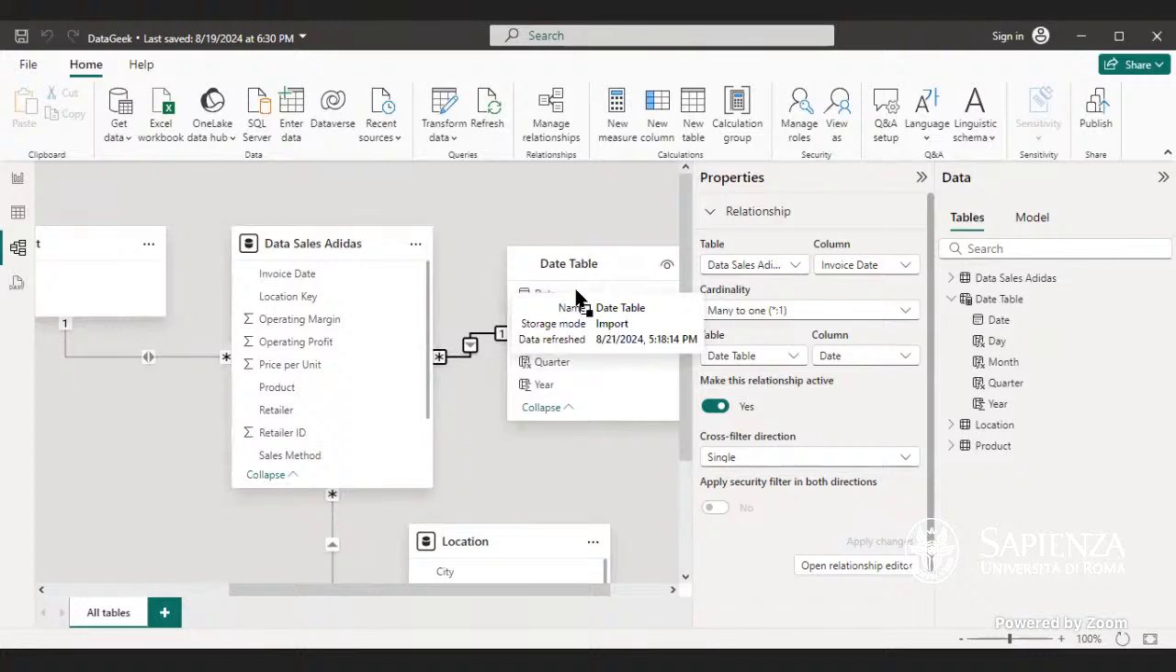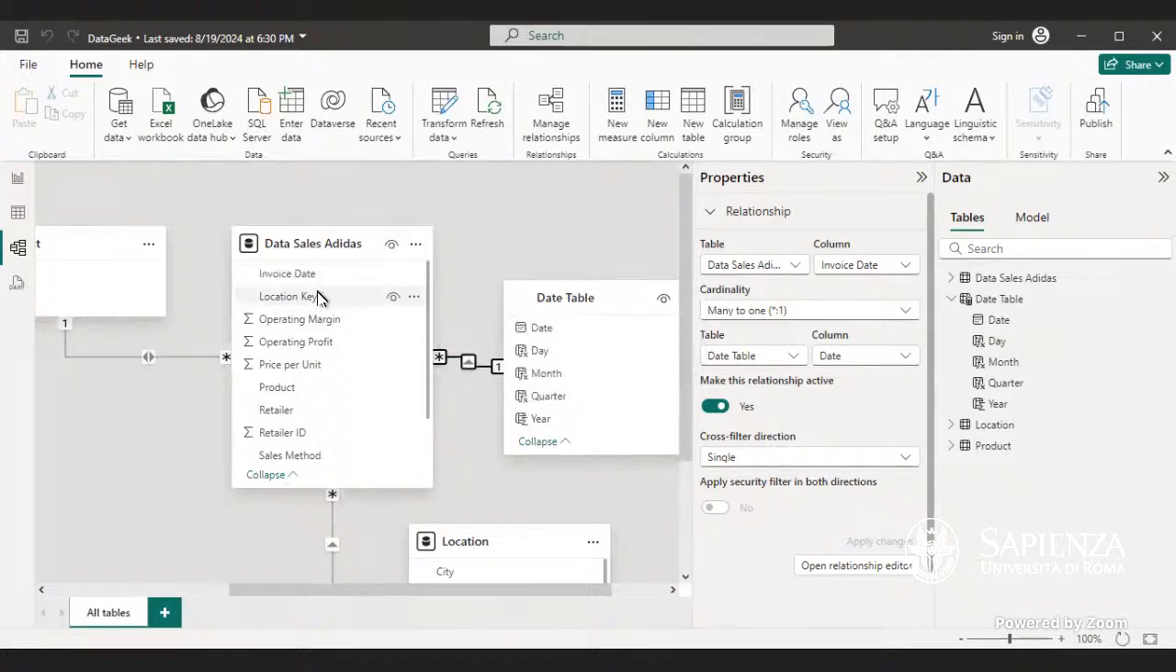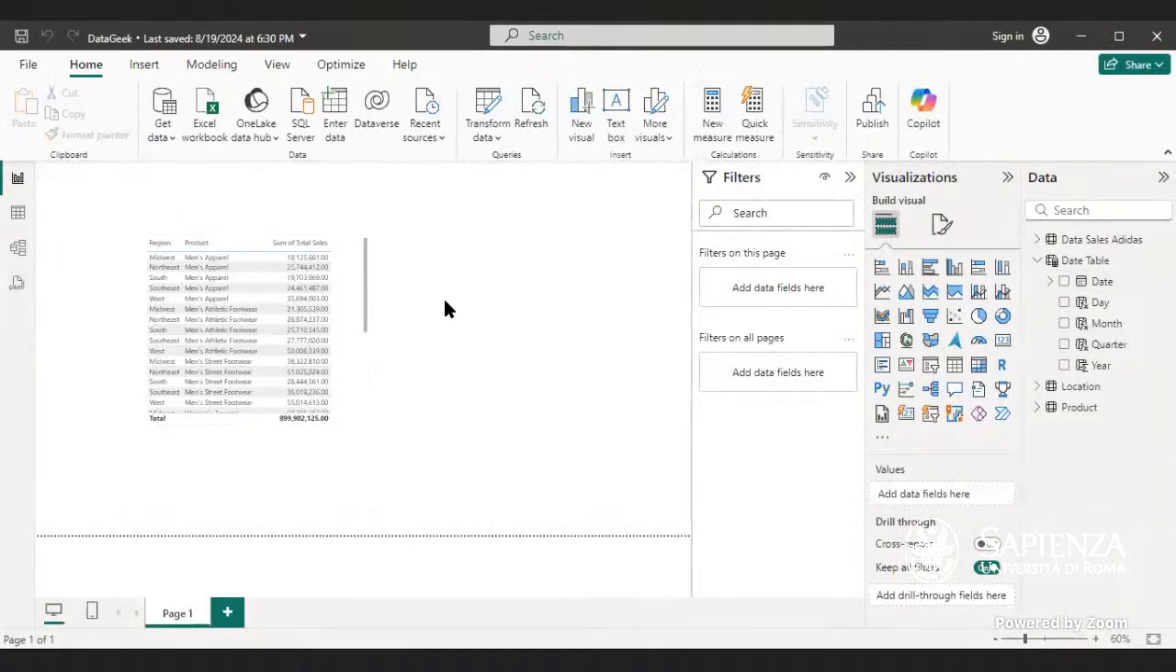Can you see? So we have created this link between this invoice date, which is the date that we have in our sales table in the first place. We'll now use it to link it together with the new table. So now let me show you something. So we still create another table,